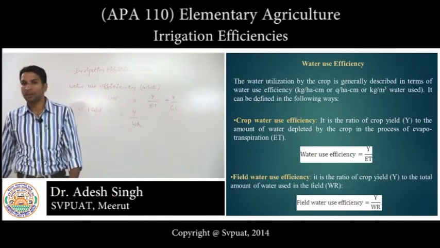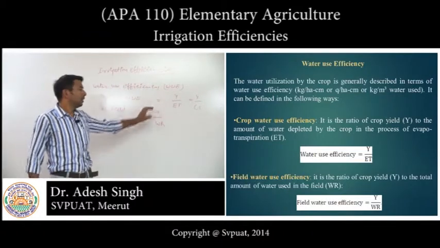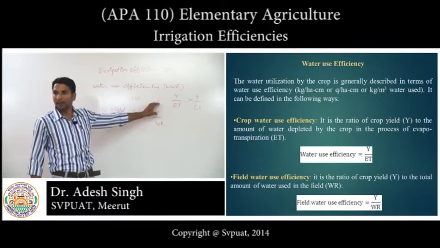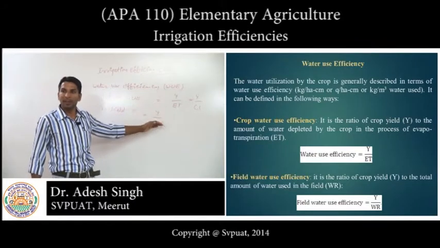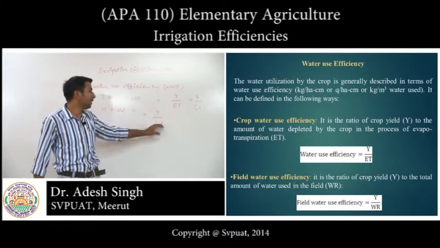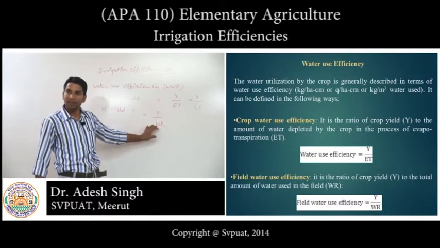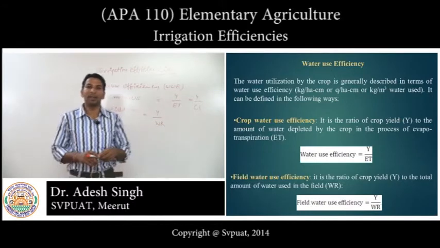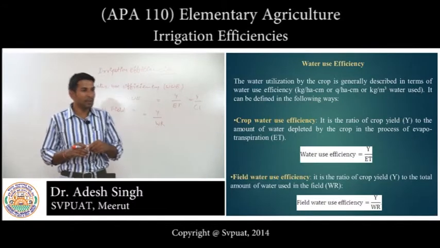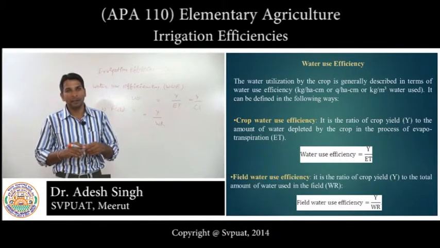The field water use efficiency is the ratio of the crop yield, that is economic yield, to the water requirement of the crop, and water requirement will consider the water used in the evapotranspiration process plus water used in the metabolic activities coupled with the unavoidable losses,